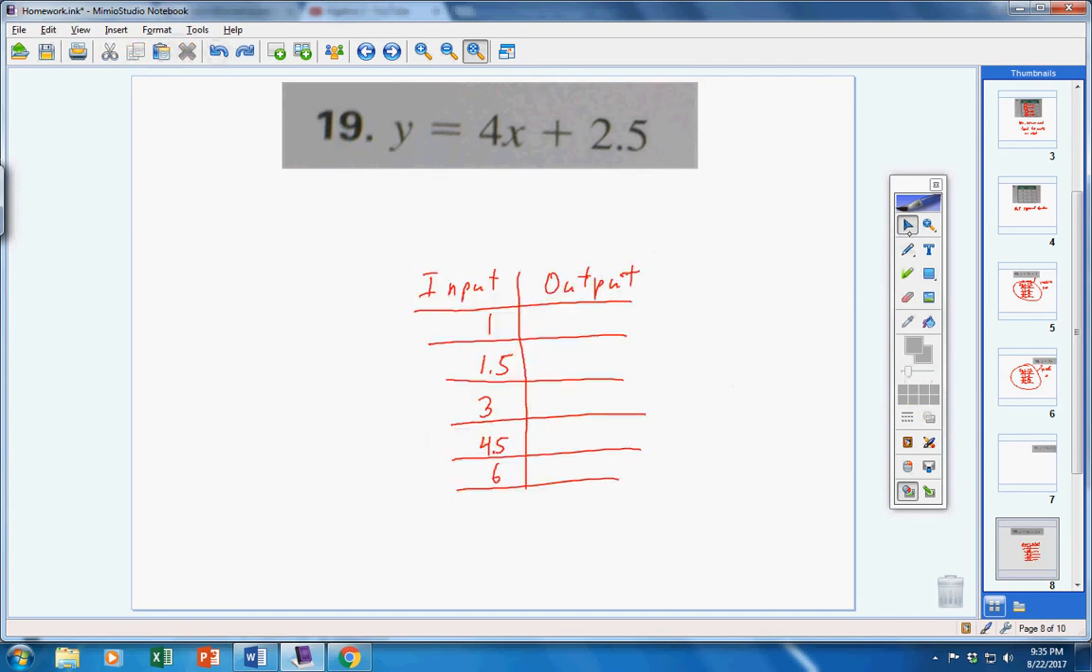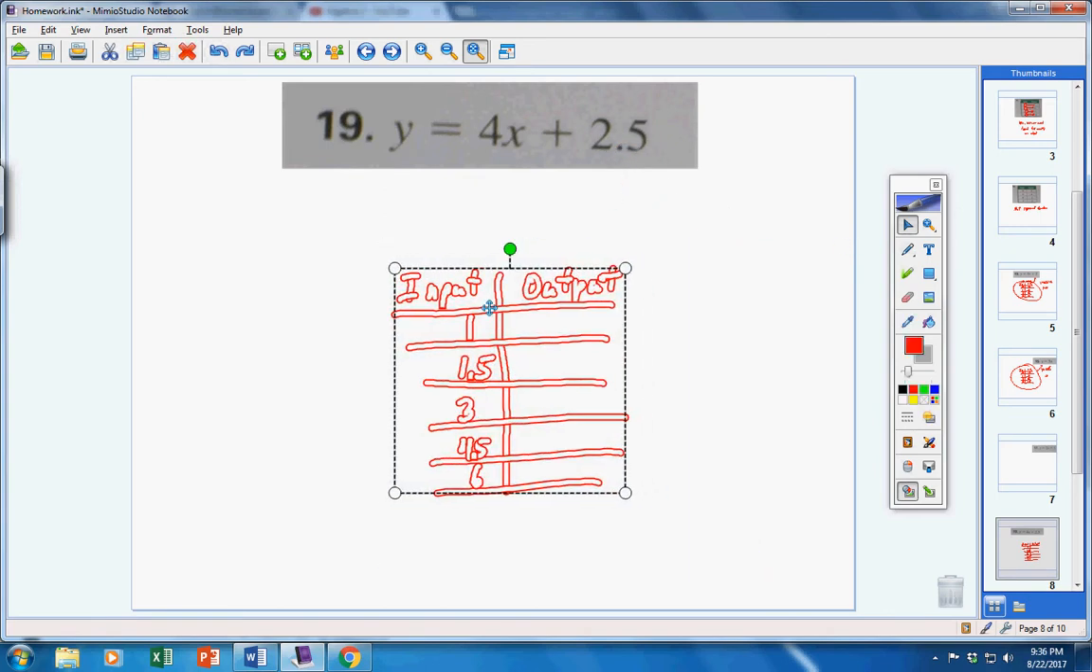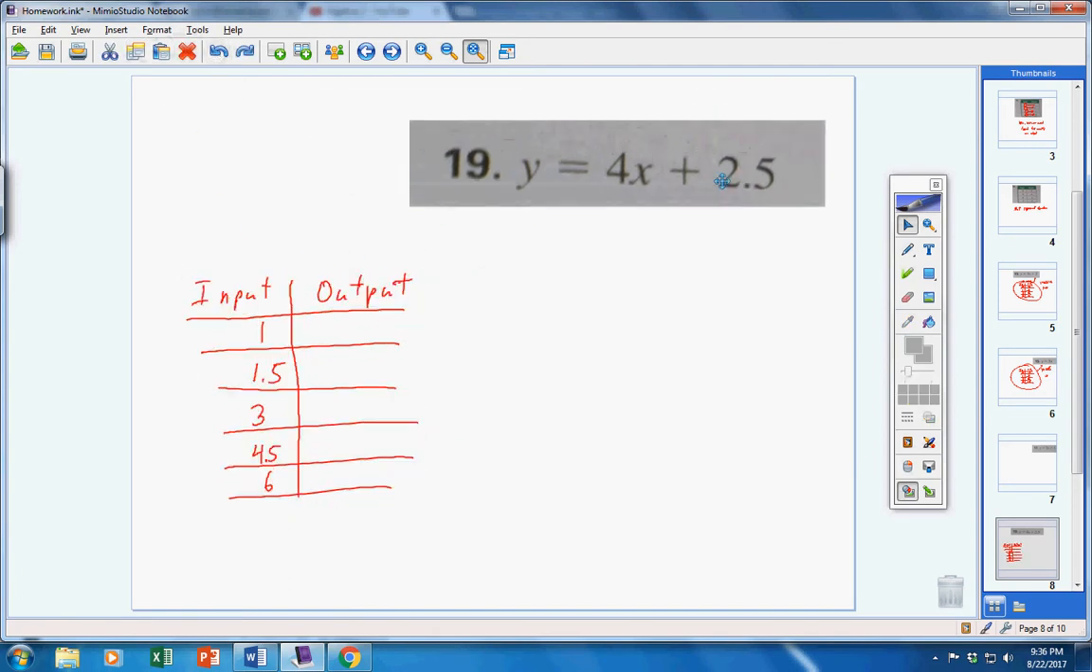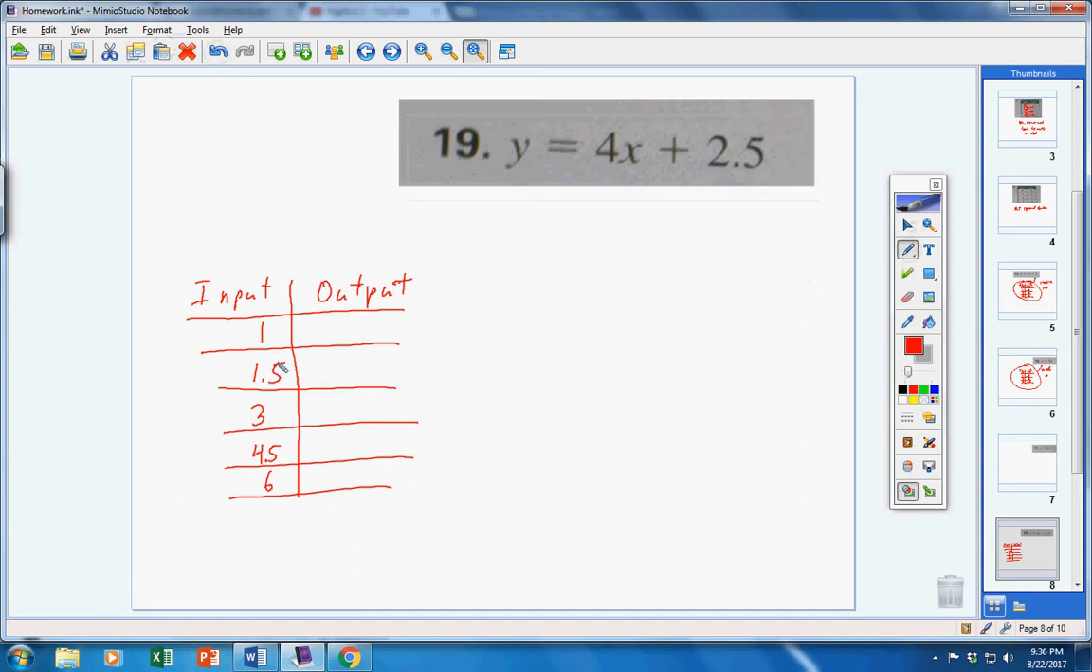And let's get started. Here we go. Actually, we're going to slide this over a little bit. And there we go. Alright, now I'm going to substitute 1 in for x, so I have 4 times 1 plus 2.5. 4 times 1 is 4. 4 plus 2.5 is